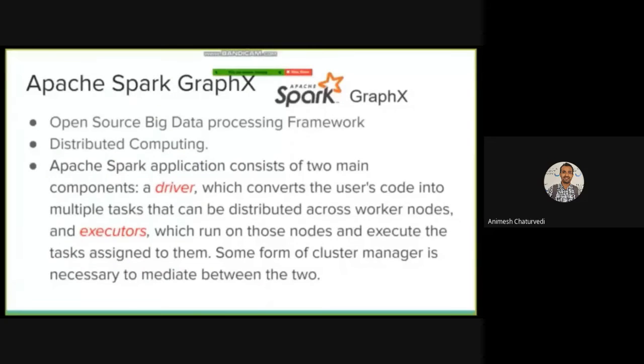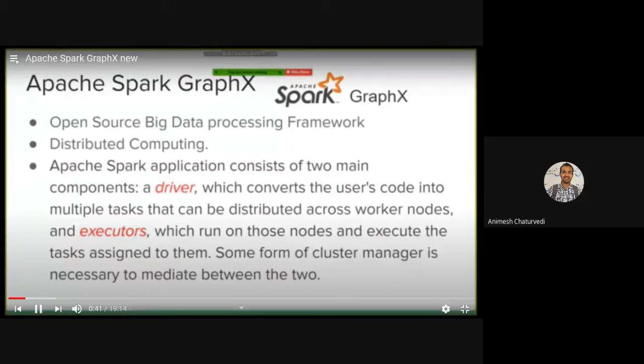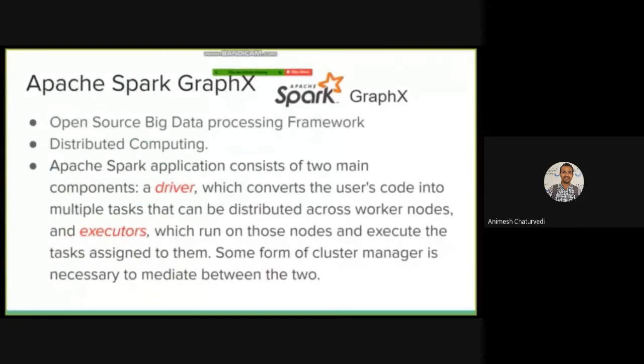Apache Spark mainly consists of two components, a driver and an executor. To harness complete functionality and to understand it better, we are running it on a cluster computing framework like Kubernetes, Hadoop Yarn, HDFS, etc. But in our case, we would be dealing with Hadoop Yarn, which is a cluster computing framework. Next slide.